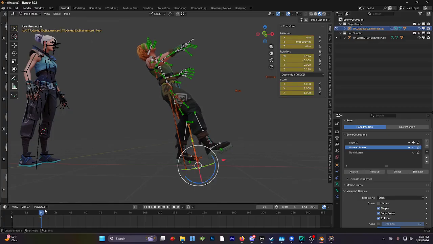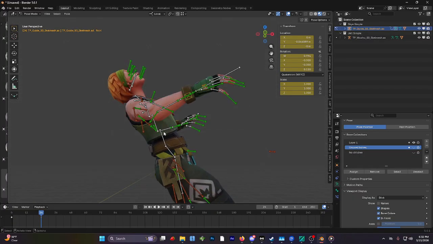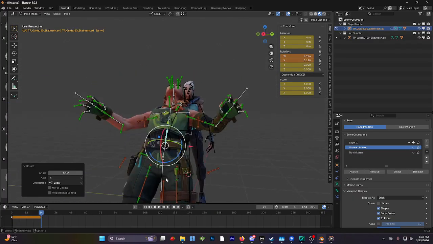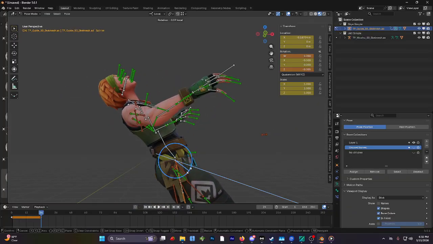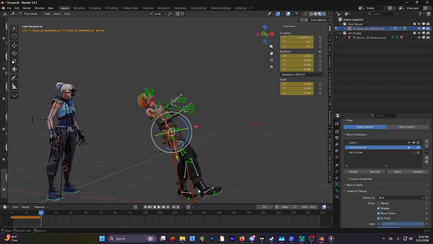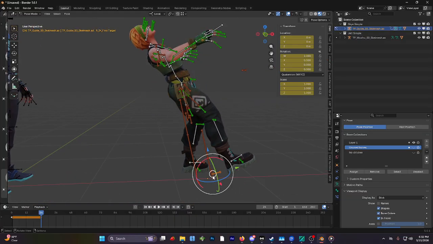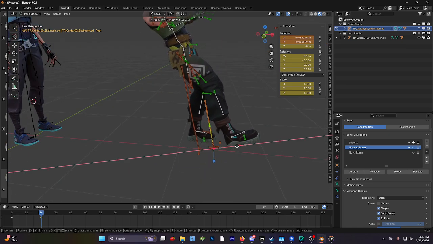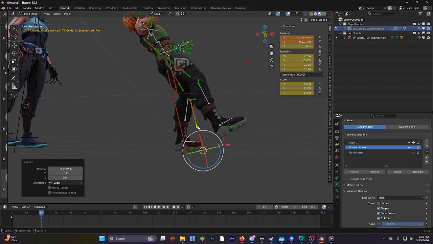Oh, you know what, I kind of need to rotate this a little bit. And then what is this going for? That's for more of that type of rotation, I see. Anyways, I'm going to take the root, and I'm going to move it back and move it up,